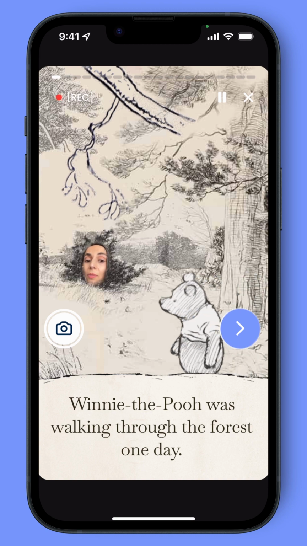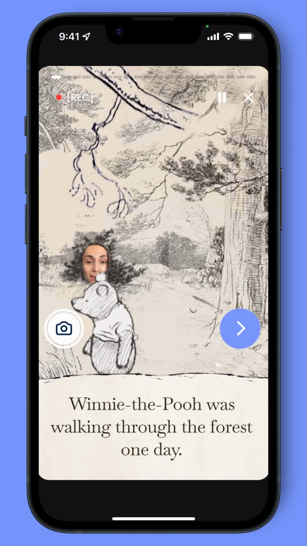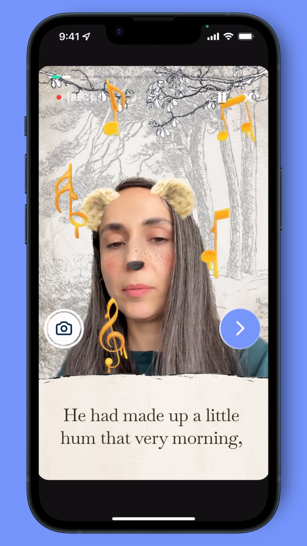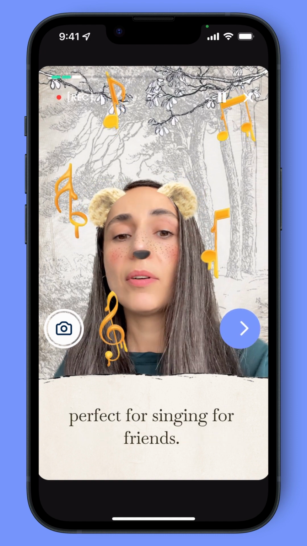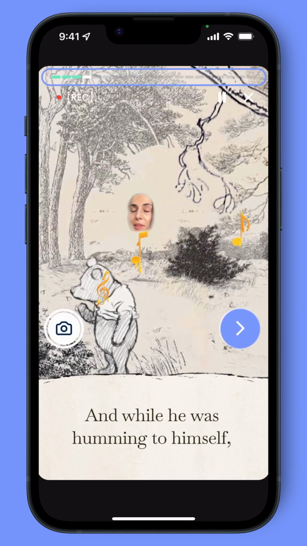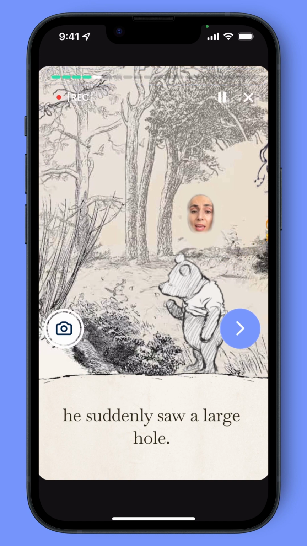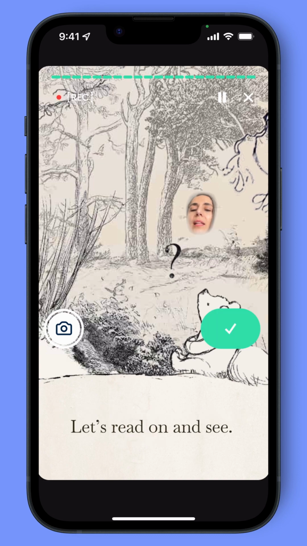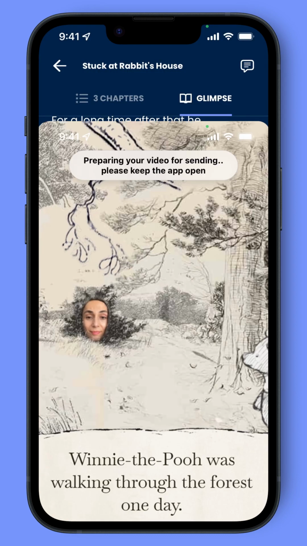I can read the text at the bottom, the animations will happen around me, and as I click the blue button on the right-hand side, I can progress through the pages of the book. As I proceed through the story, the animations change, and I can see a bar at the top that shows my progress in the story. When I reach the end of the story, I can click the green button in order to finish, and instantly